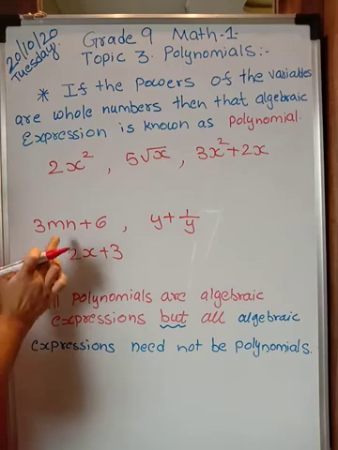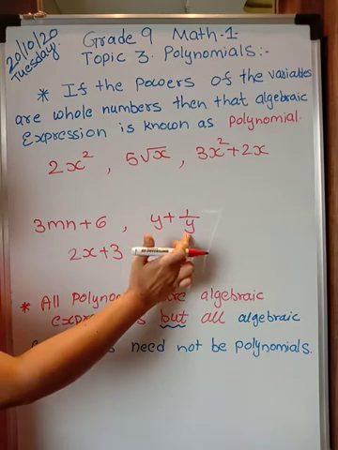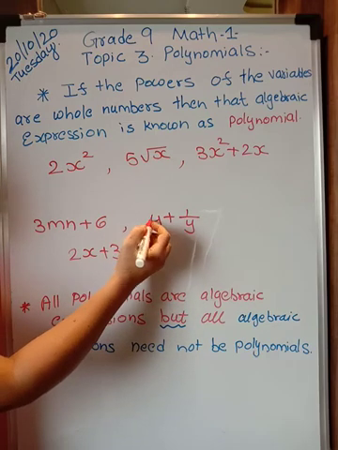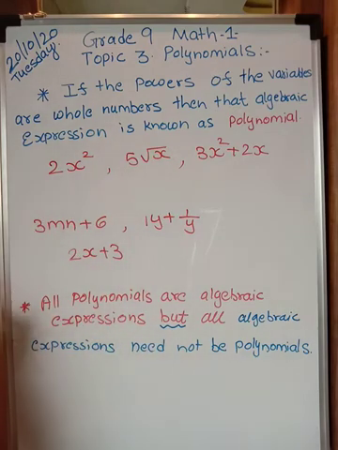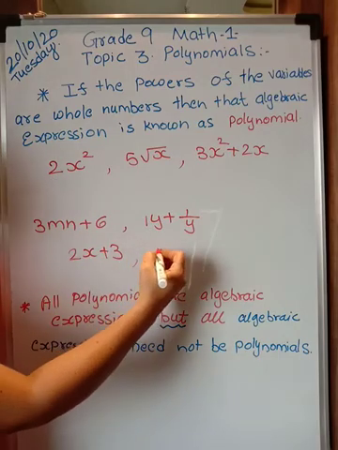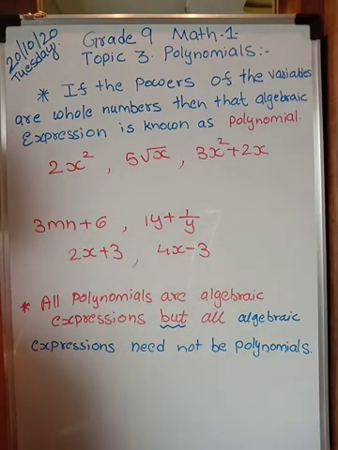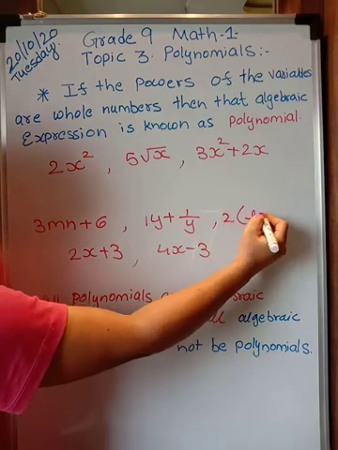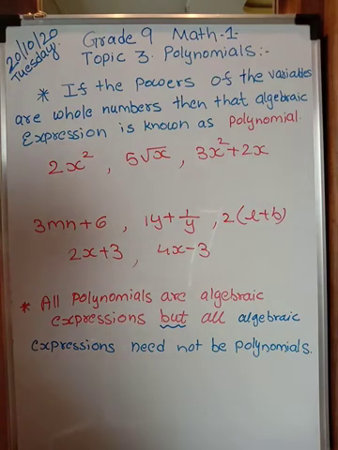Alright, so these are basic things. Here the coefficient is 3, and the constant term is 6. Here y is the only variable, and the coefficient of y over here is 1. Only y means 1y. Are you understanding? So all of these are examples of algebraic expressions where there is a combination of variables, numbers, and sometimes signs like plus and minus. For example, you have 4x minus 3. This is also an algebraic expression. Or you have 2 into (L plus B), which you know very well will be 2L plus 2B. All of these are algebraic expressions.